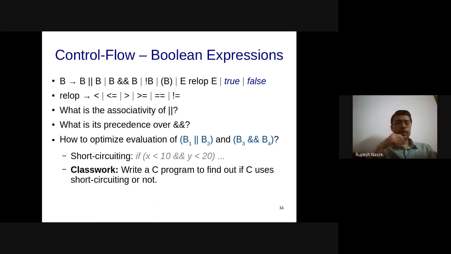To know if E1 and E2 or E1 or E2 have side effects, that is, the right hand side expression is not evaluated at all. It needs to have some effect which is not getting executed when you have short circuiting in place.